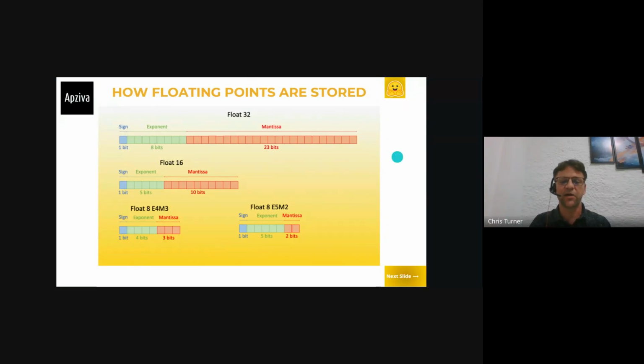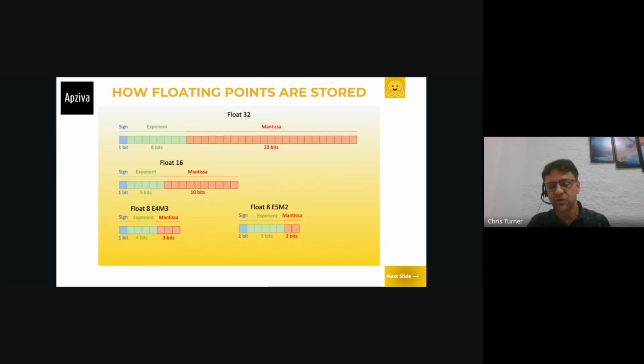But I just wanted to point out that a floating point 32 takes 32 binary spaces. And if we're going to quantize a floating point 32 down to a floating point 16, it's going to take half of the size. And if we quantize the floating point 32 down to a floating point 8 number, it would take 25% of the size. So we can really see the computer space that we're saving here by quantizing these numbers down to smaller formats. We are, however, losing some significant digits on the number.